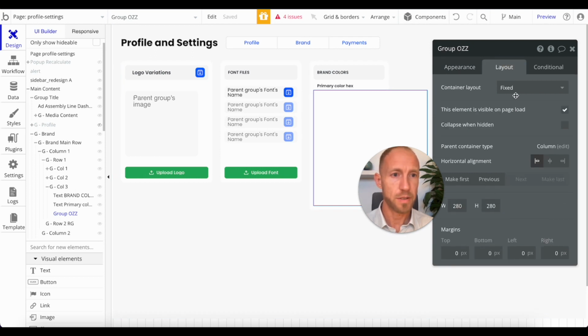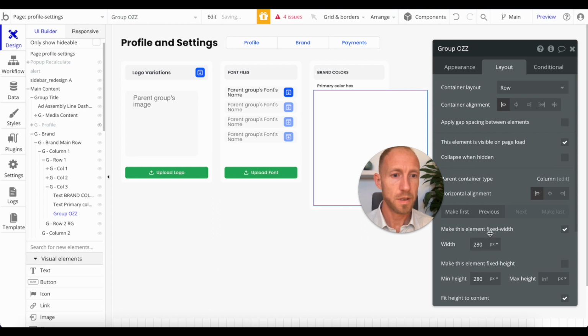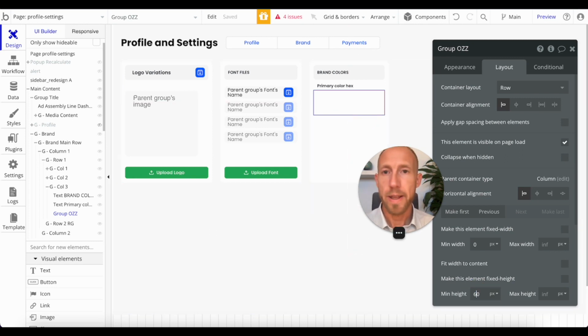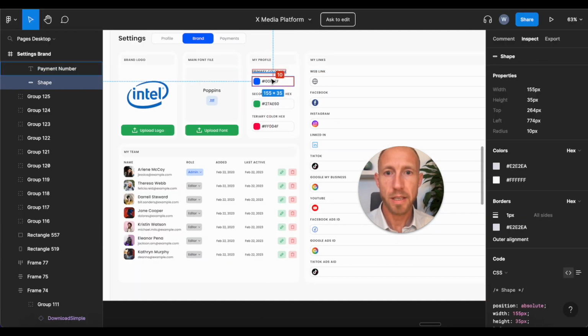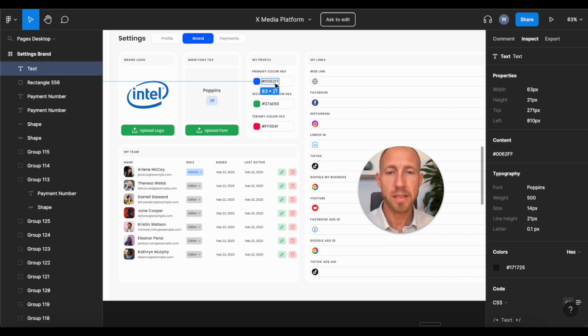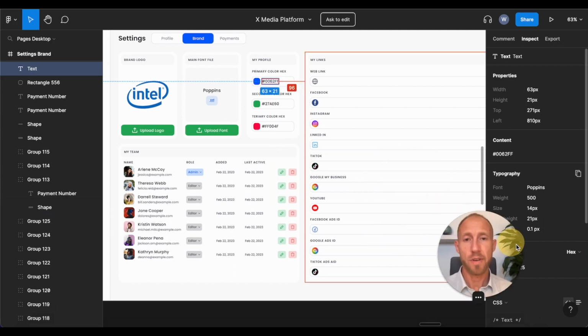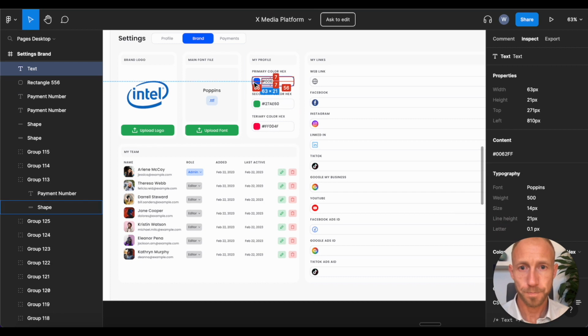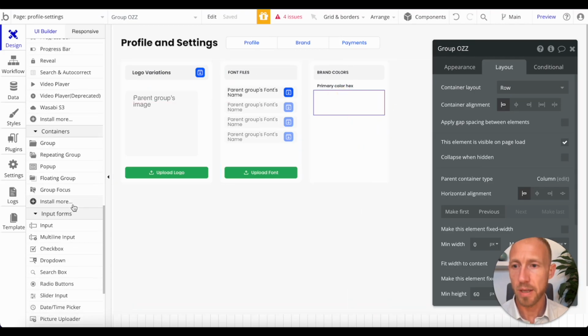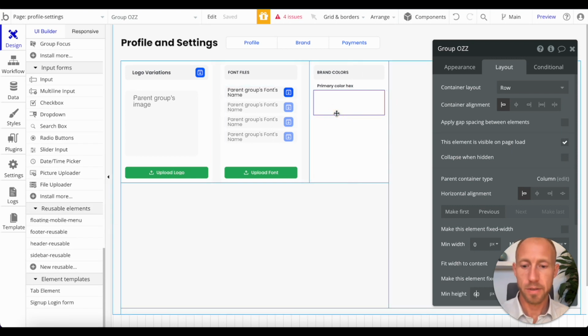And then it's given to us in this really lovely fixed width, which we don't want, or this minimum. Cool. Now we're starting to get somewhere. All right, so we're dealing with a group that has a couple things in it. It's a row. It's going to have another group in it. It's going to have, I think, the input. The hex color will stay the same, so we'll just have to find a way to keep that there next to the input, so that from a visual standpoint, it all looks like just exactly one thing. So let's go ahead and